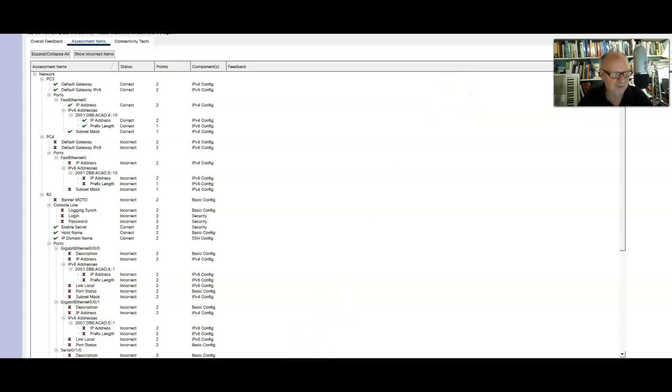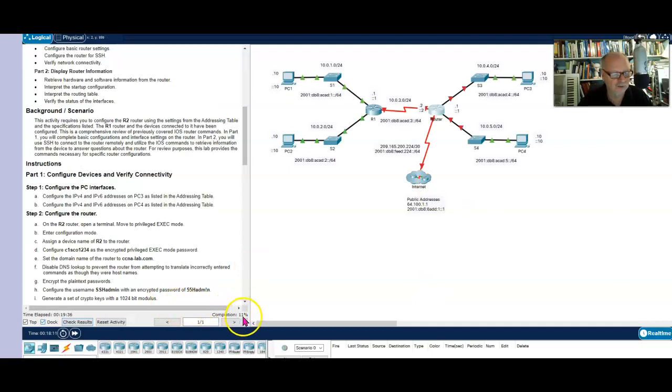But do be aware that some things Packet Tracer just will not score correctly. So if that happens, just turn it in as it is if you think that you've done it correctly. So say you're at 89% or something. You turn that in, and I'm going to open it up and manually check those things to make sure.